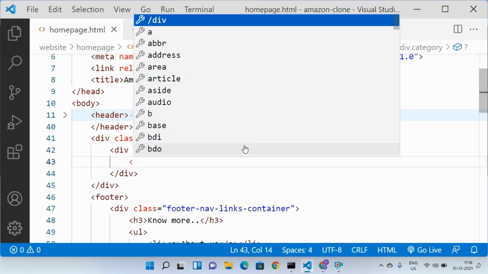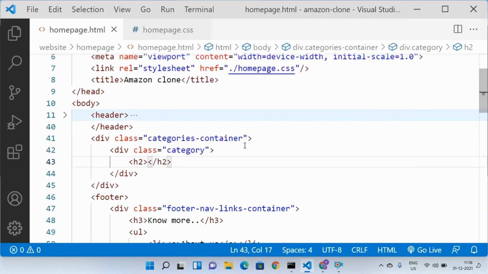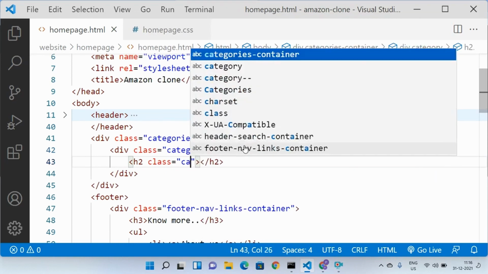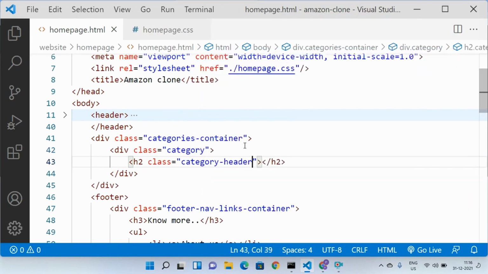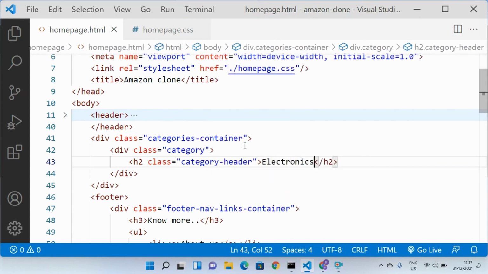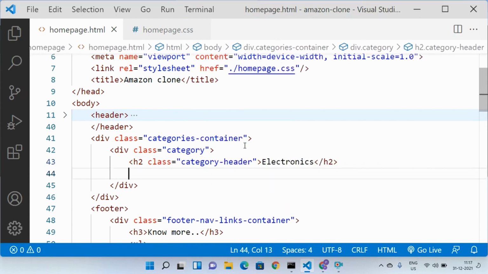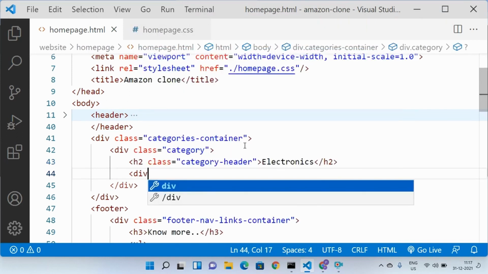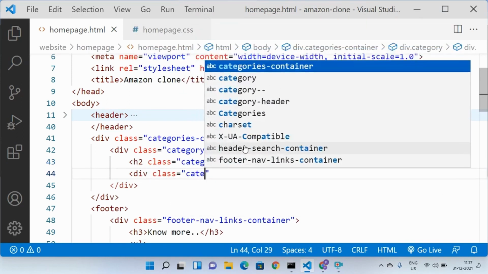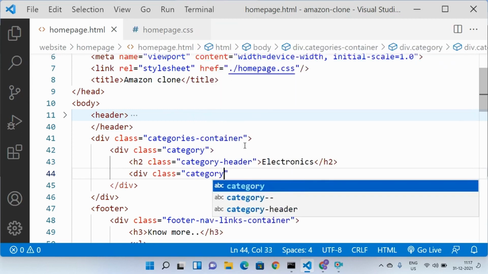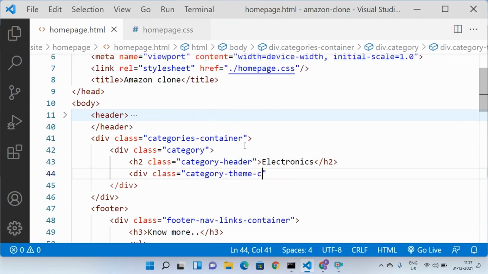Inside this div, let us create one h2 with class as category-header. The first category is going to be electronics, and let us create one more div with class category-theme-container.